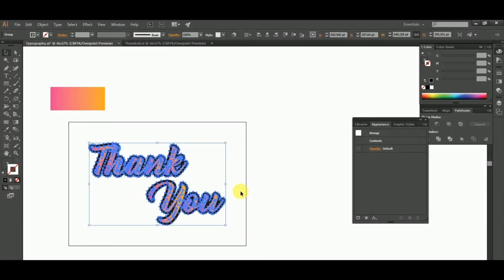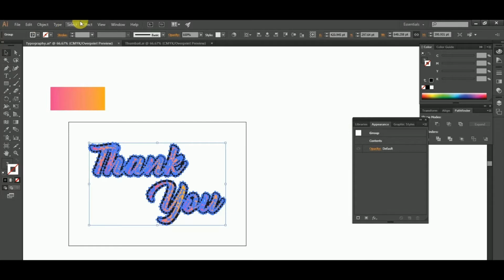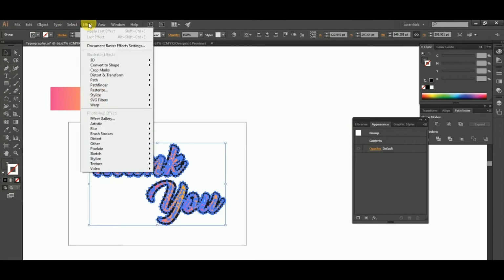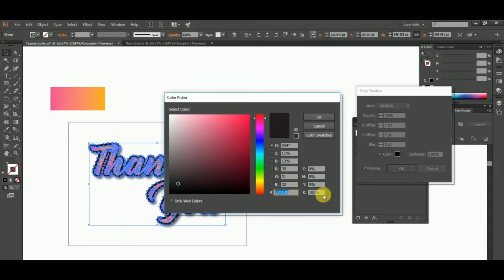One more thing that I have forgotten, that is, here you can add drop shadow so that it looks better. So you have to go effect, stylize, drop shadow, and make the preview option on. So which color you want to give in the shadow? I am choosing 50% black,